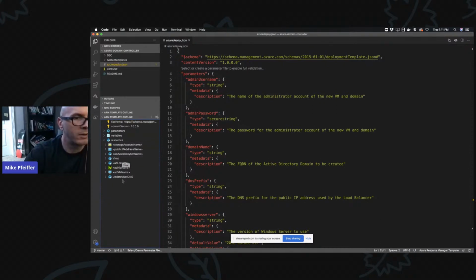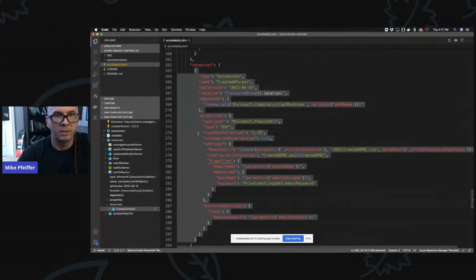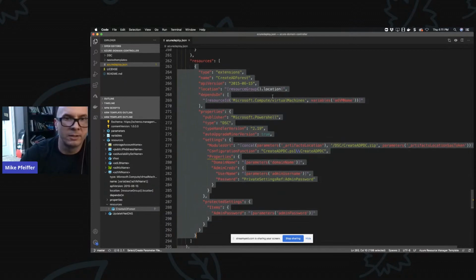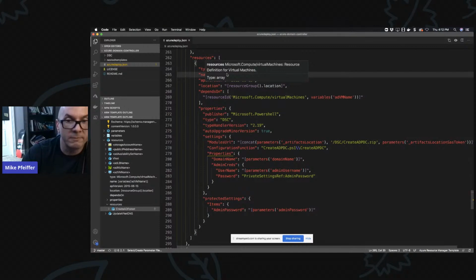It was written before managed storage and stuff. So you see some old patterns in here, but it's still an interesting use case because not only do you have all these dependencies for the VM, but watch this. When you drill under the VM and under resources for the VM, there is a create AD forest resource. Cool part about this outline thing too is when you find a resource in here, you just highlight it on the template outline screen, and then it'll highlight it in the code. Watch, I click on create AD forest, boom. That's what's highlighted here.